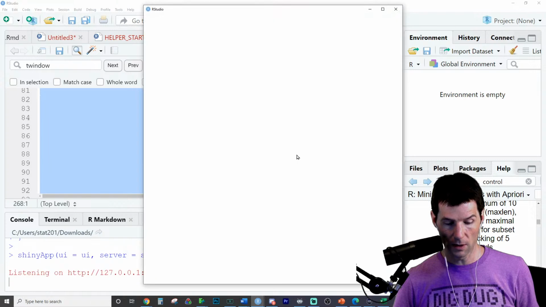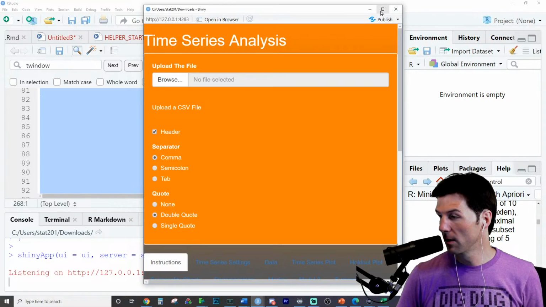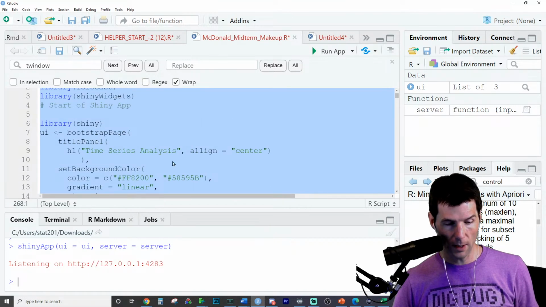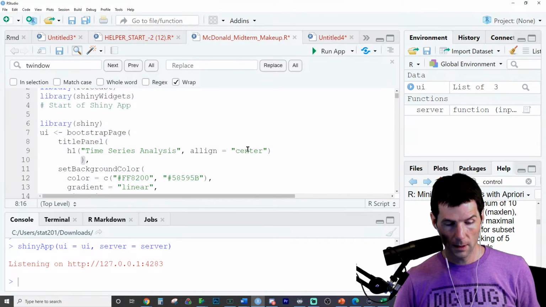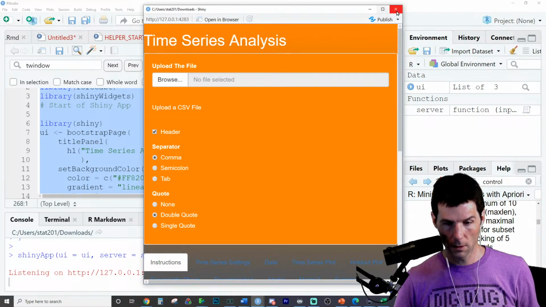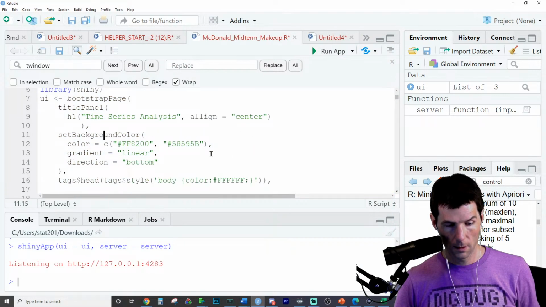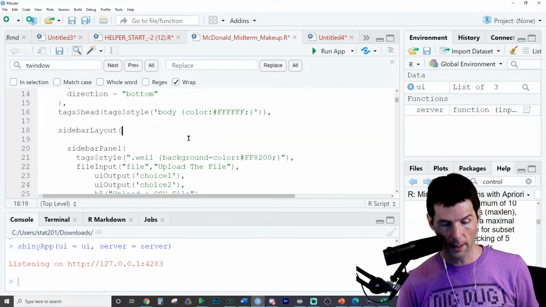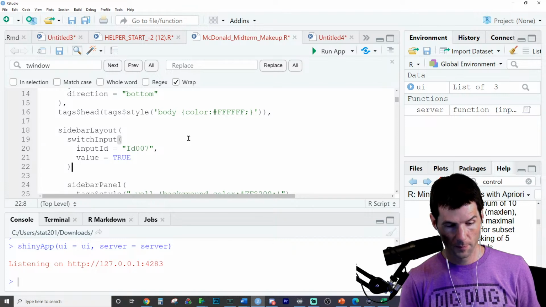Because I've made a few changes and I might be running from an old UI. Maybe put it at the top. I've seen issues with that. You know, we could. I think you're right. Let's go put it at the top right here. Title panel right here. You might be right. Sidebar layout. Let's go right here. Go ahead and do that, right?